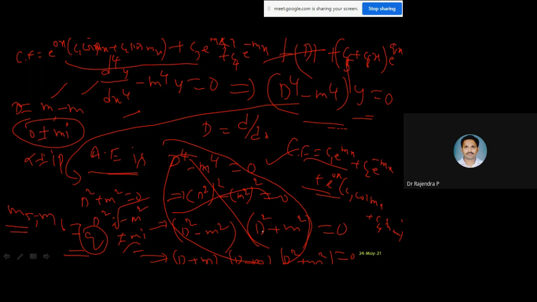We'll take all these combinations. Don't worry, one by one it will come. We have already spent much time on the complementary function. I'm taking a few more problems on it because I want to give you a different taste of all these problems. Whatever problem they give, you should not lose those marks.